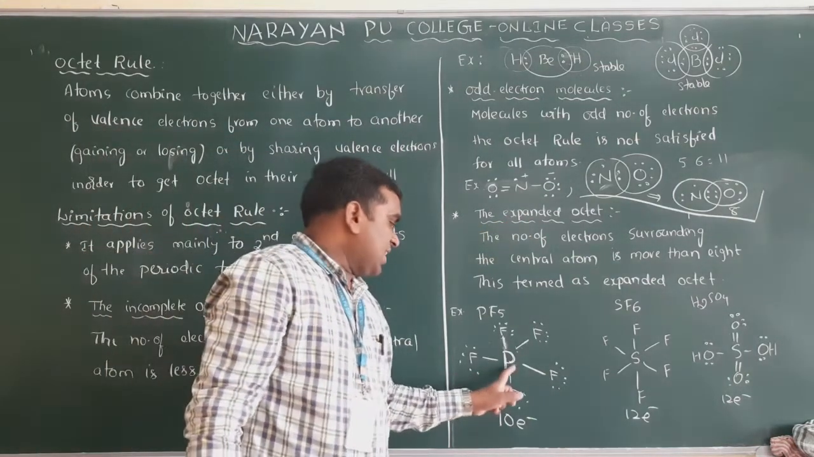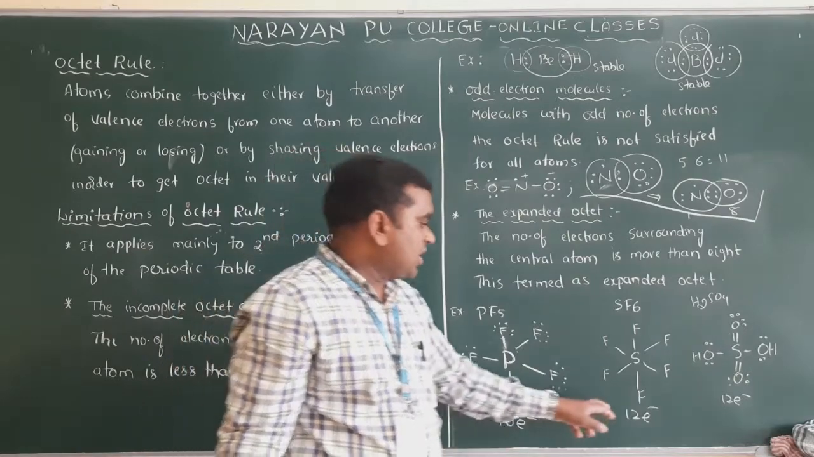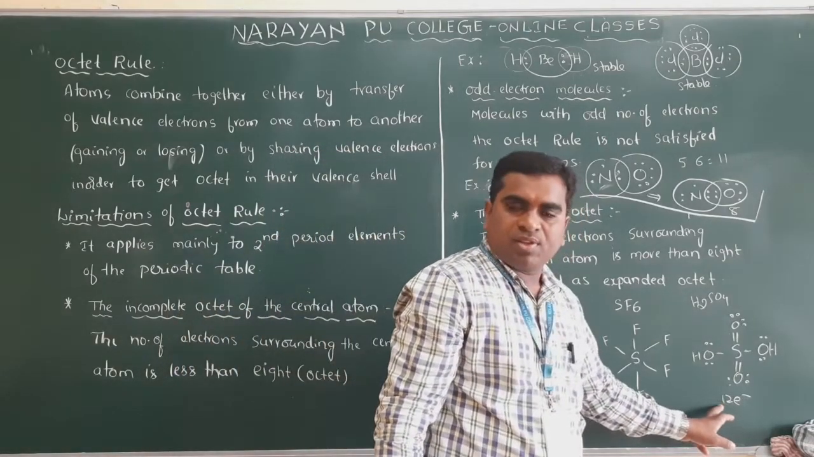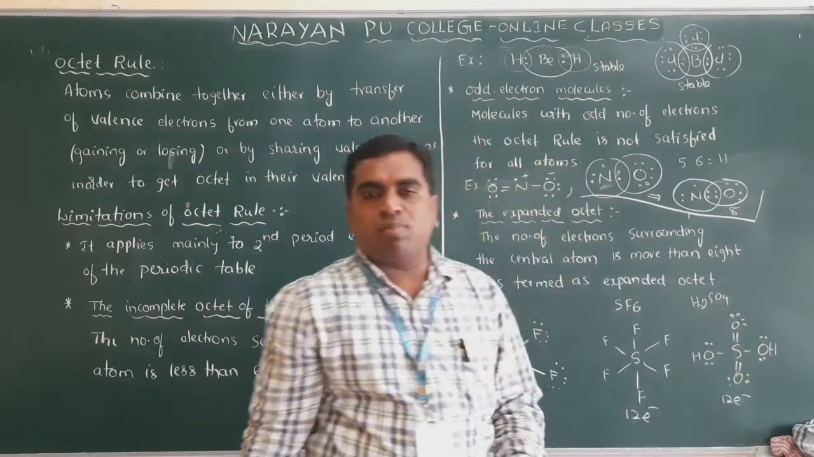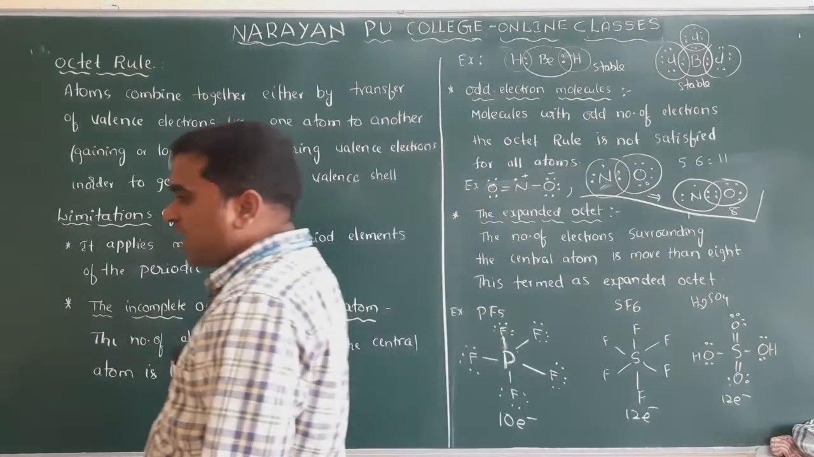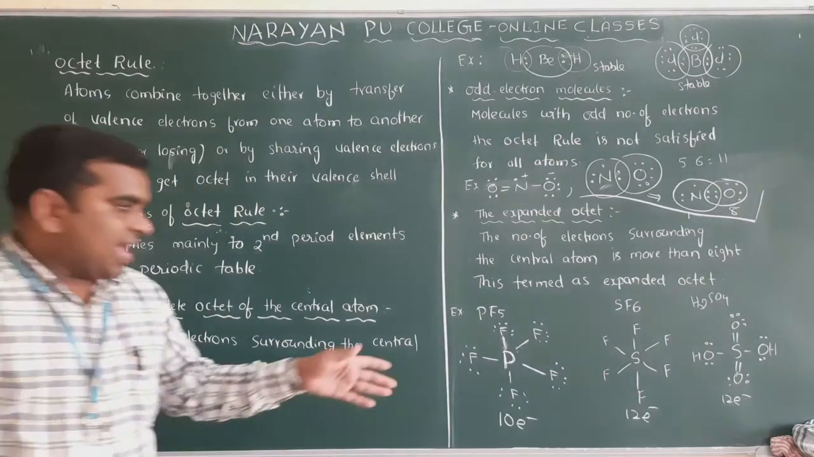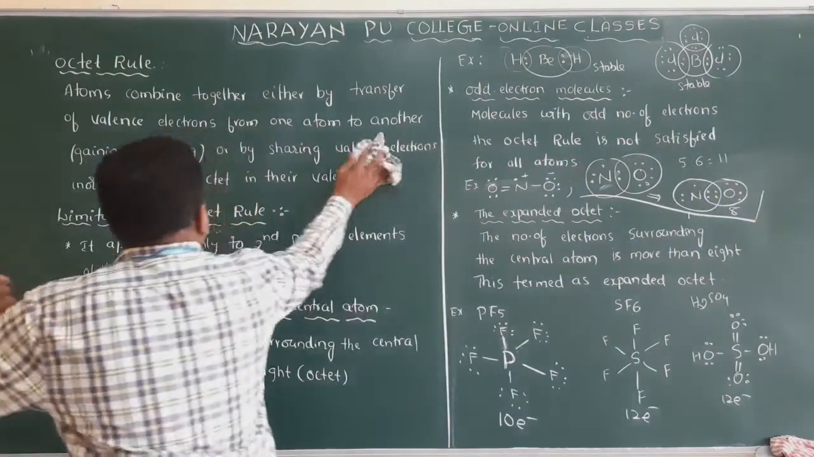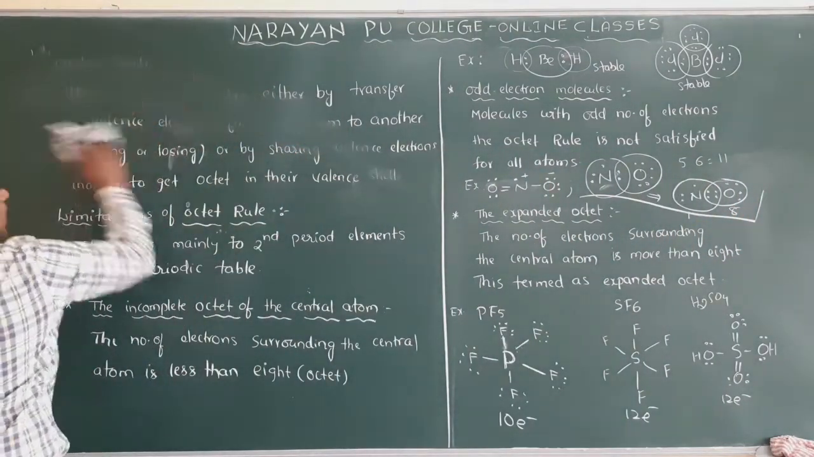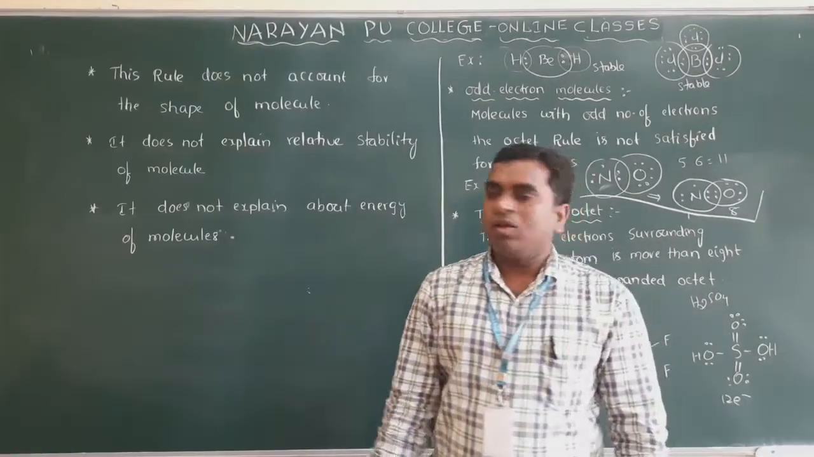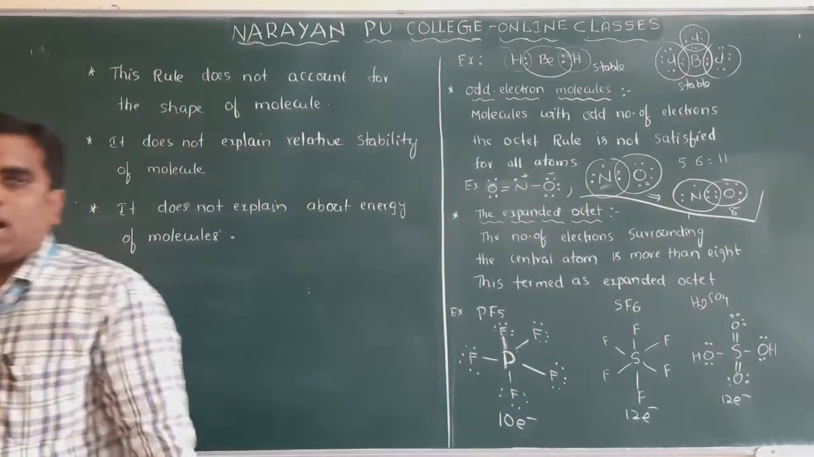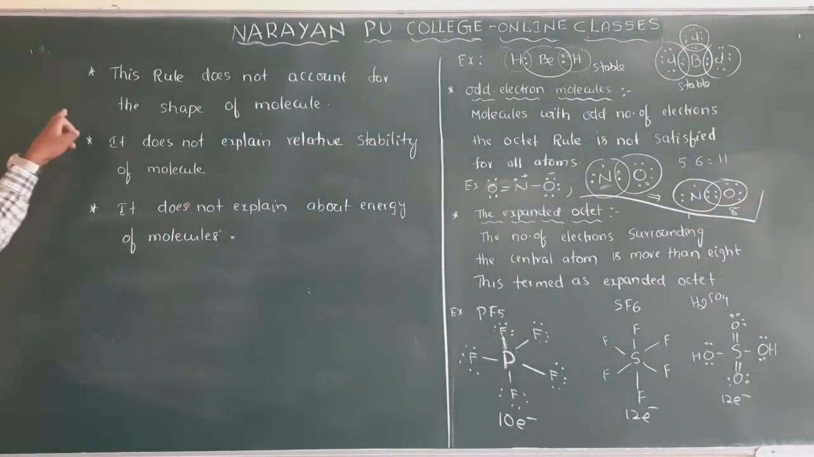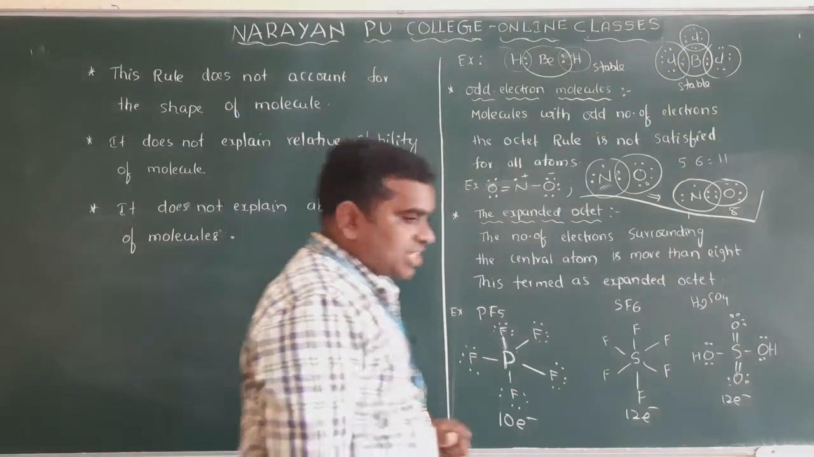Even though the central atom has more than 8 electrons, they are very stable. Clear? They are stable. Why are they stable? This is not explained by the octet rule. And another limitation: I will write it here. So these are some other limitations of the octet rule, and this rule does not account for the shape of the